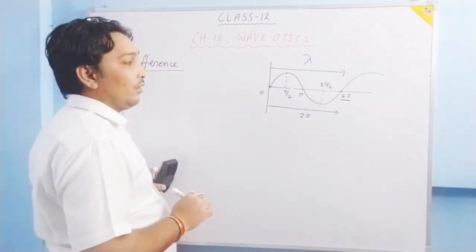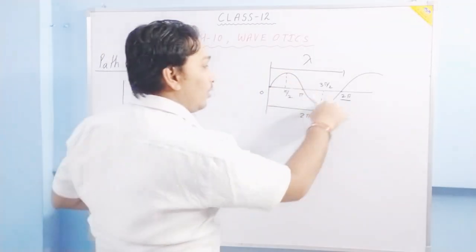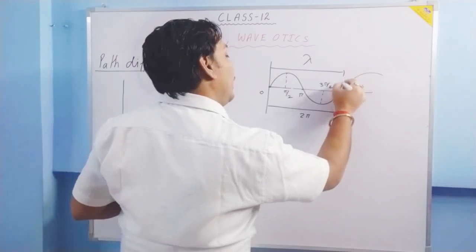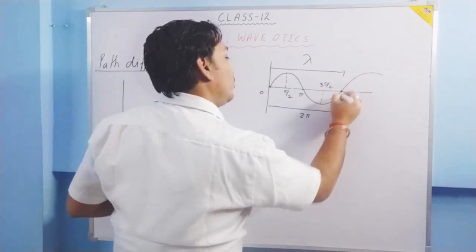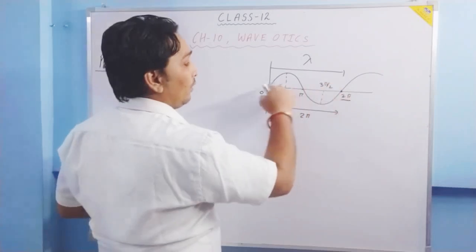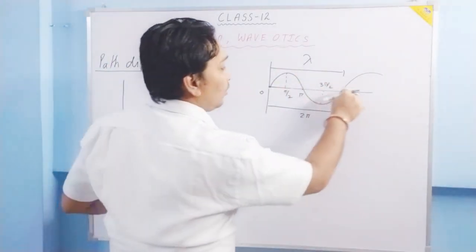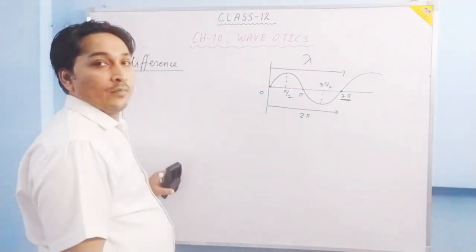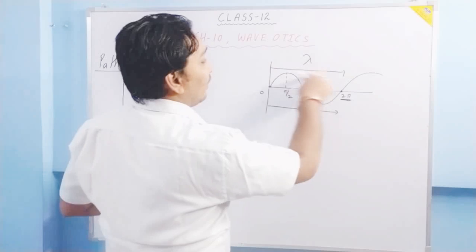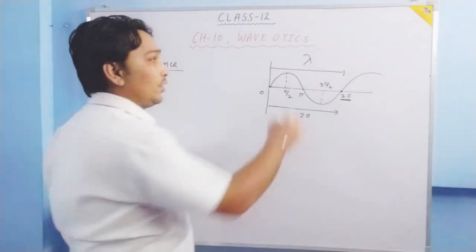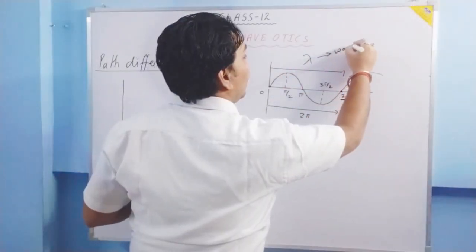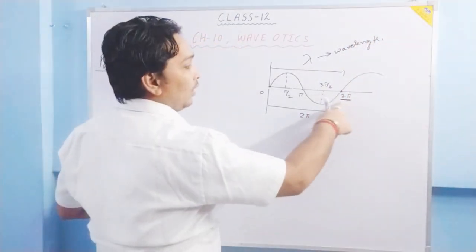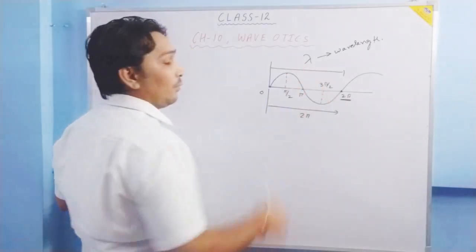Listen to this line very carefully. When a crest and a trough pass through a point, the particle will go upward, then it goes downward, then it comes to its mean position. So for one complete wave, for one crest and one trough, when it passes through a point, the phase of the particle changes by 2 pi. And in that very time, the wave travels a distance lambda, which is called wavelength. Is it clear? So for 2 pi of phase, the wave travels a path of lambda.